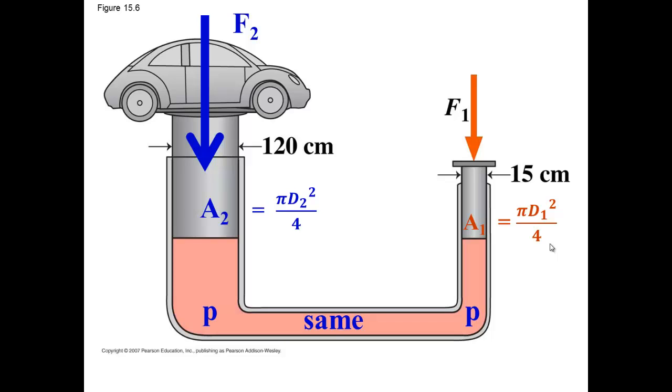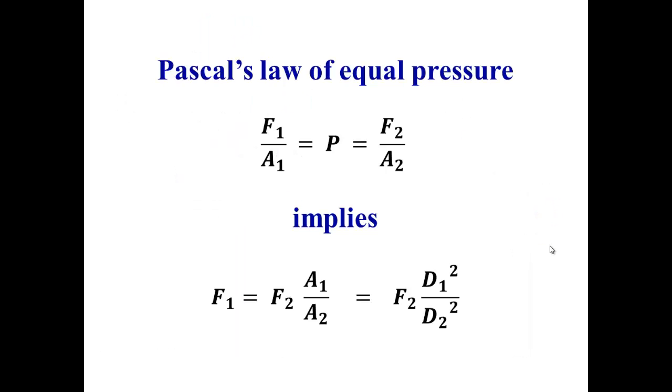Larger diameter is going to be a larger area, so a larger force. And since the area goes as the diameter squared, the force ratio goes as the square of the diameters. Larger diameter, larger force. So you can amplify force. But usually at a penalty, like every other thing we do, work has to be the same. So if we take this force law from Pascal, where F1 is equal to F2 times A1 over A2, if the fluid is incompressible,